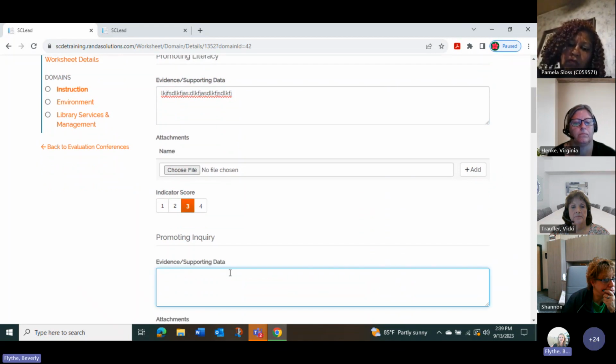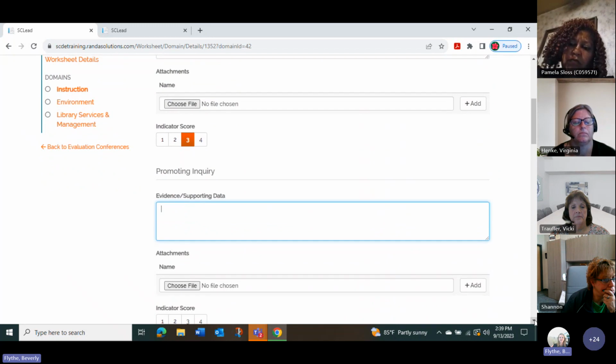And I'm going to do that for all of the indicators on the worksheet eventually. It may not all be with one observation, but preferably it's going to be between the pre-conference, the observation, and the post-conference. Hopefully you will have evidence that you need to be able to complete all the scoring on the worksheet.